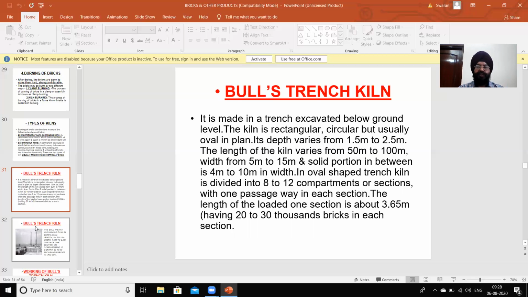In oval shaped trench kiln, it is divided into 8 to 12 compartments or sections with one passageway in each section. The length of one loaded section is about 3.65 meter, having 20 to 30,000 bricks in each section.